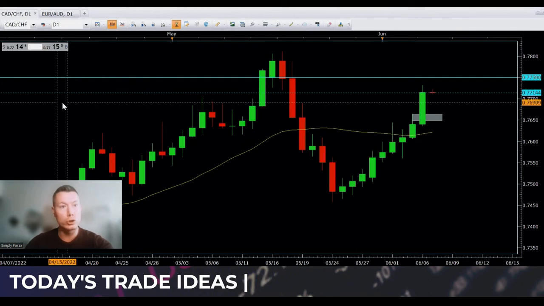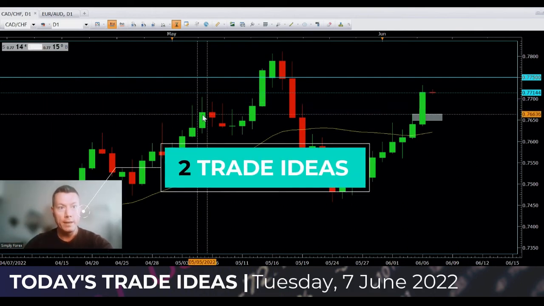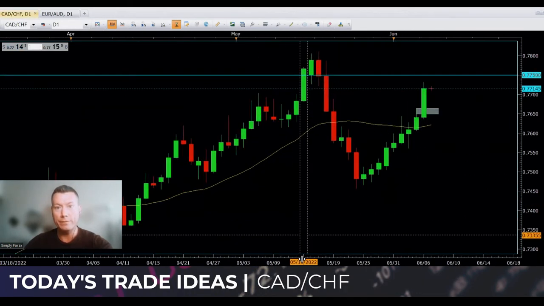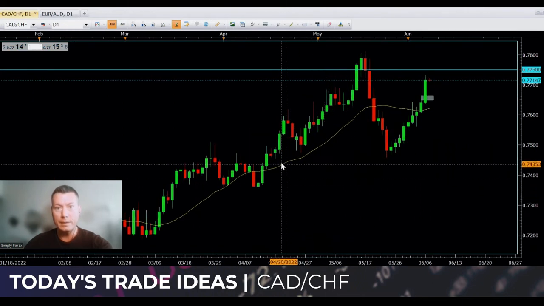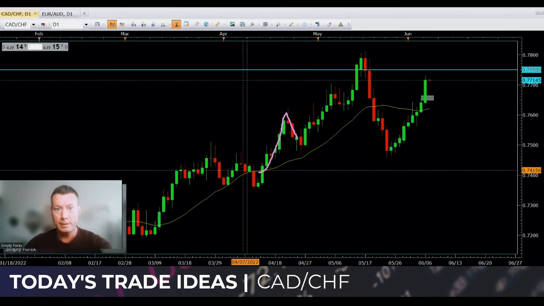So trades for Tuesday, the 7th of June. We've got two potential trades today. The first one is this. This is the Canadian dollar against the Swiss franc. And as you can see, guys, price was in an uptrend, okay, and then price has come hurtling down and then shot straight back up, okay. So this area here was of interest,